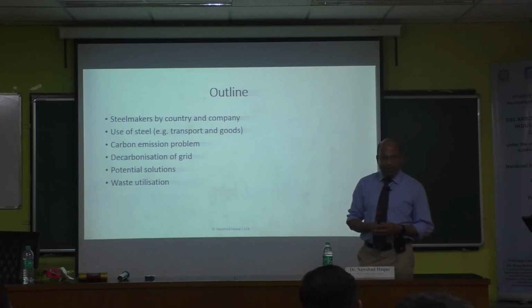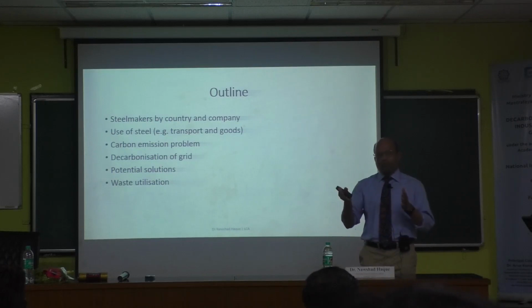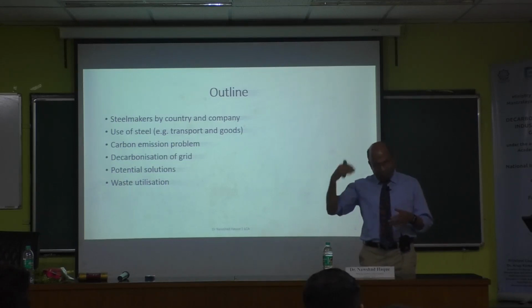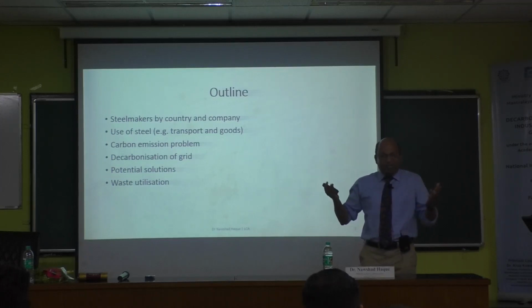compared to iron ore. Any idea what the grade of iron ore is? What's the iron oxide content in iron ore? Any idea? 60%. So we are talking about gold being very, very small. For the majority of metals, we call it the waste to product ratio; the product is very small and waste is very high. Except steel and aluminium. Aluminium is 44%, something like that. Copper is 1%, going down. Nickel, zinc.